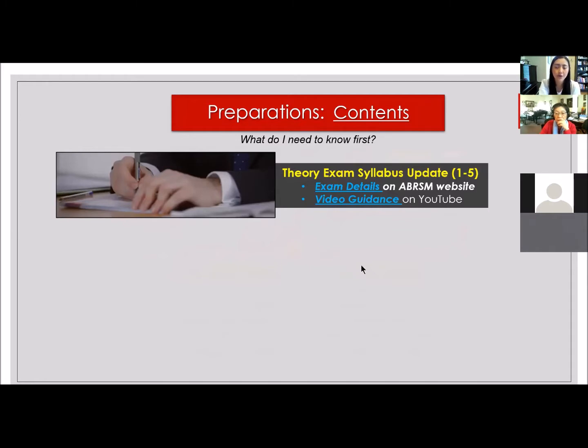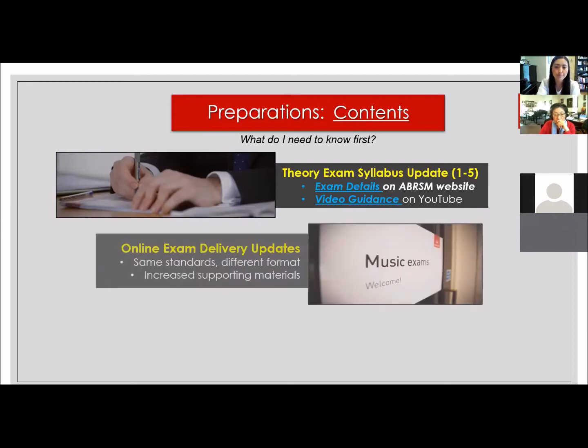That detail can be found on the ABRSM website, and there is also video guidance on YouTube under the ABRSM channel that has all of these details. All of the links on the slideshow will be provided to all of our participants today. You're welcome to go through them, and they will take you to the appropriate places that give that information.